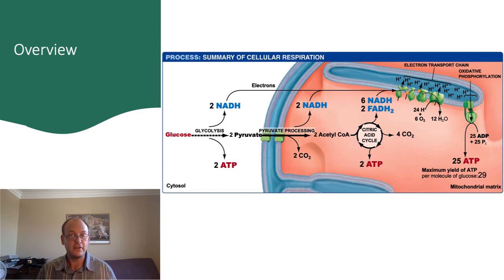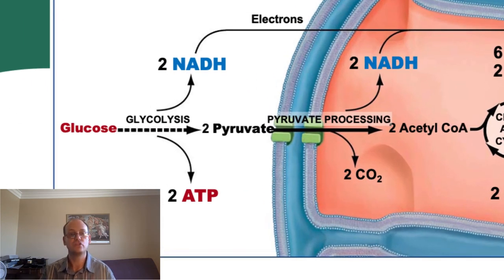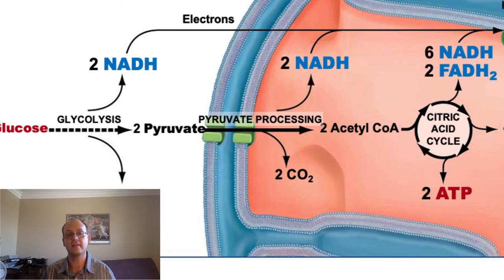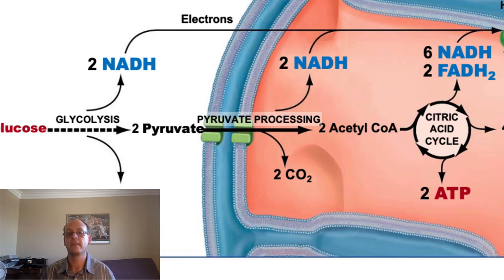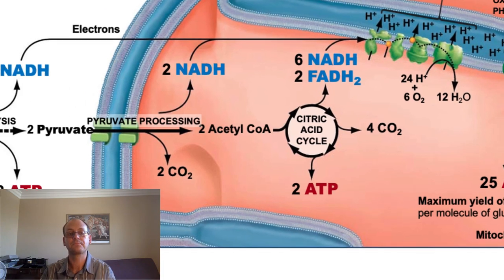Okay, that's about it for glycolysis, pyruvate oxidation, and the citric acid cycle. Just to recap, we started with a molecule of glucose and split that into 2 pyruvate molecules. These pyruvate molecules were shuttled into the matrix of the mitochondria and oxidized to form acetyl-CoA. The acetyl-CoA enters the citric acid cycle where it loses its last 2 carbon atoms and generates a bit of ATP, but many molecules of the reduced electron-carrying molecules FADH2 and NADH.